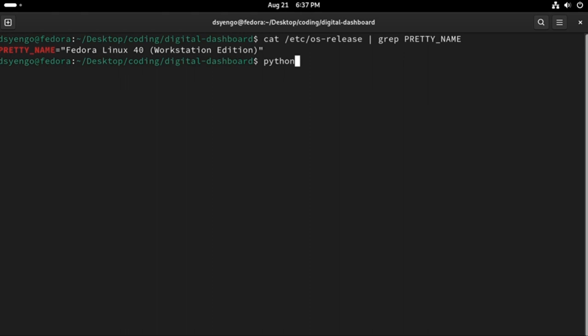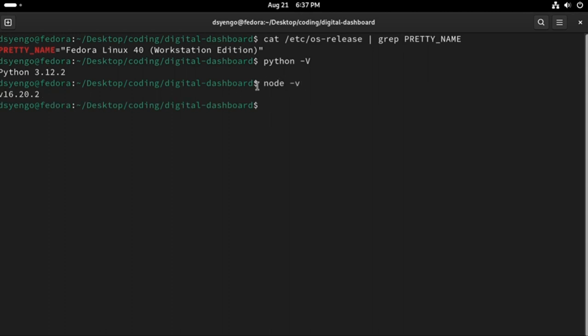So the first thing to do is do python -V. It will show you the version of Python that you have. You can see mine is 3.12, so this came installed by default with this Fedora. The other thing I went ahead and installed is Node, and if you do that, you can see I have version 16, which is what is required for this project. The other thing is Docker. So if I do docker -v, you can see I have this version 27 of Docker, which I think is